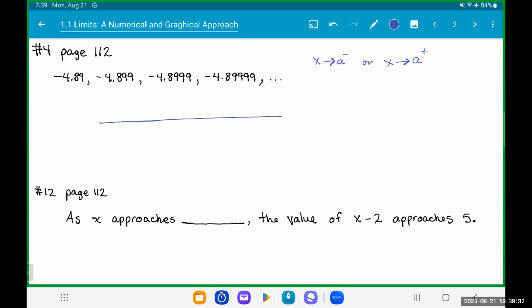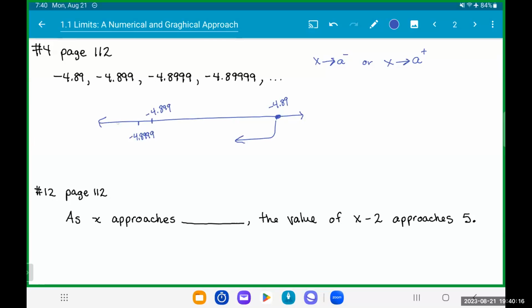So if we think of this on that number line, like what we were looking at on the previous slide, we can see that our numbers are getting smaller as we go along. So our first number here would be negative 4.89. Since it's getting smaller, we would then have over here, maybe this one would be negative 4.899, and this one here would be negative